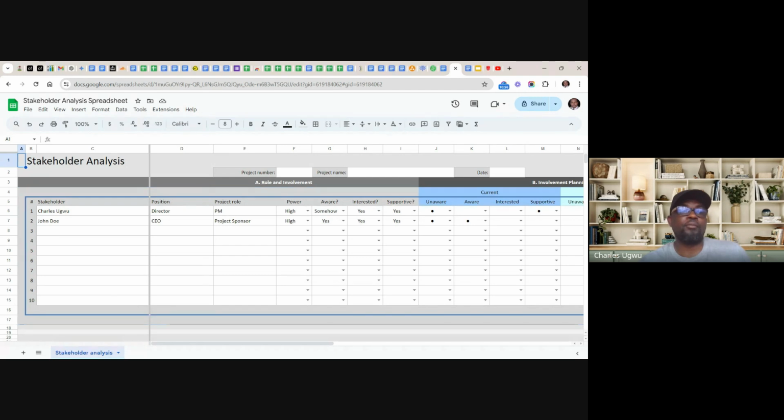So this is where we are going to stop tonight. To be honest, we can't go beyond this because of time. I just wanted us to have a good view about stakeholders because I don't play with stakeholders. They are everything in a project. So I wanted you to have a good view about stakeholders and know how to manage them. This is just the stakeholder analysis document we are talking about.